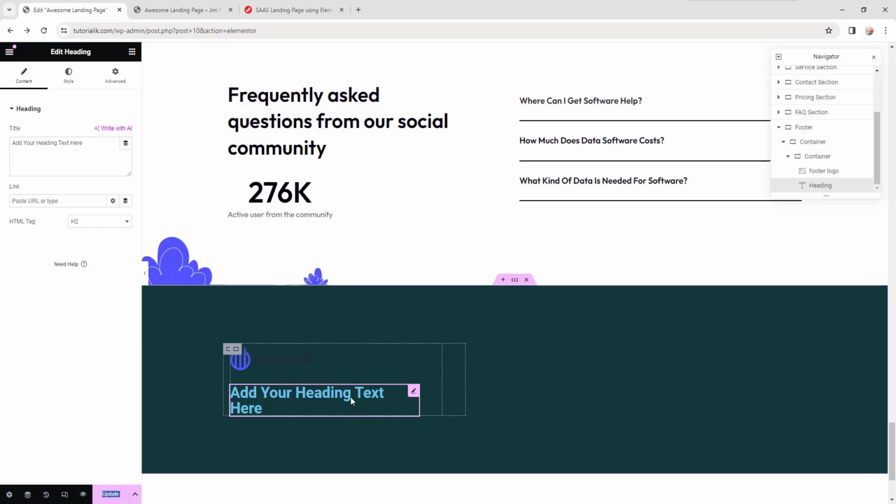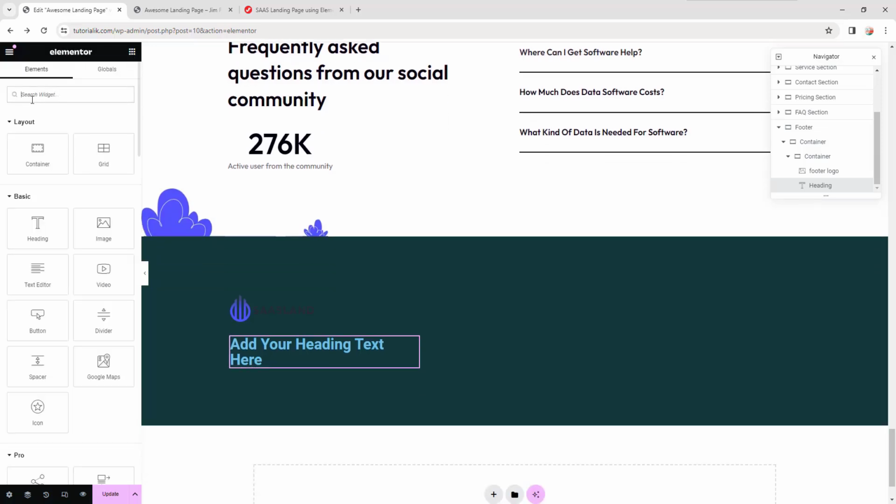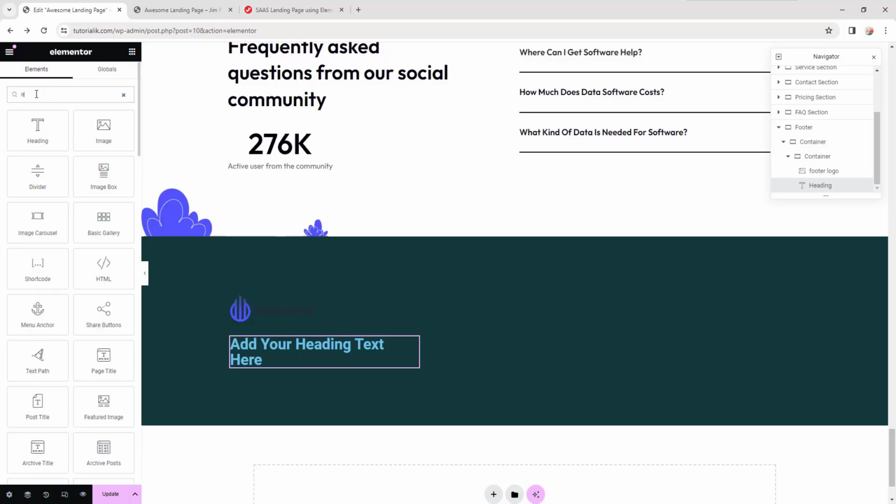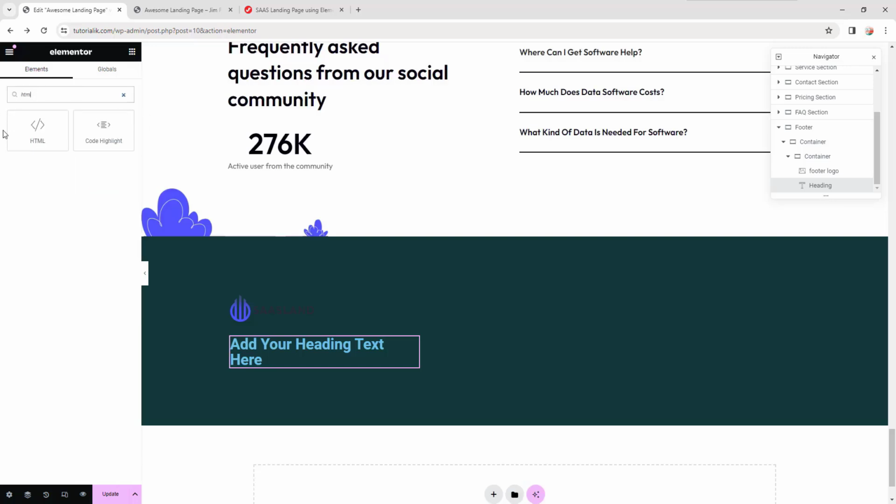For the design, I'm gonna add some custom code. So there is another way to add custom code in Elementor. We know the one way, but I'm now gonna show you the other way you can add the custom code. And this one is very interesting. So let's click on the grid icon, and from here, let's search HTML, and we have this HTML widget or element. Then I'm gonna drag it down here,